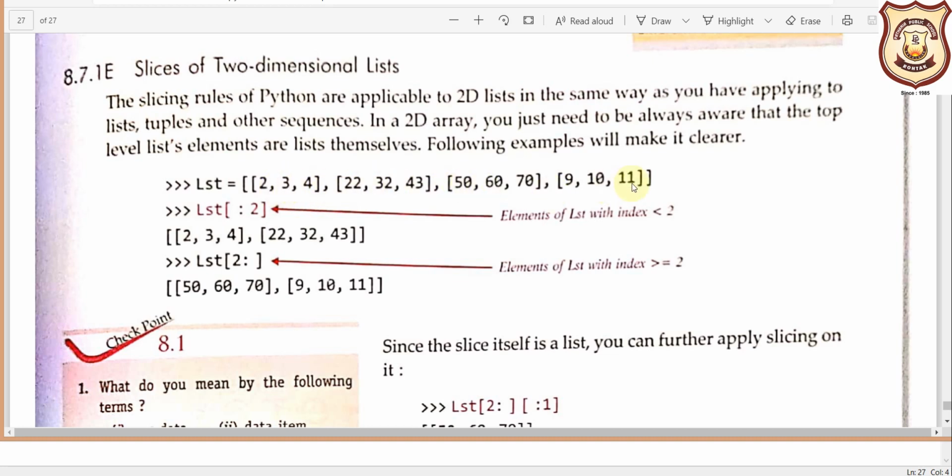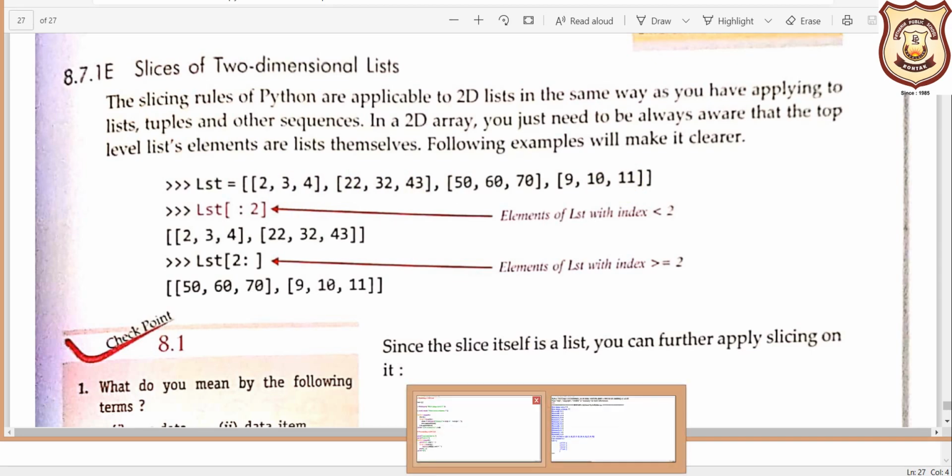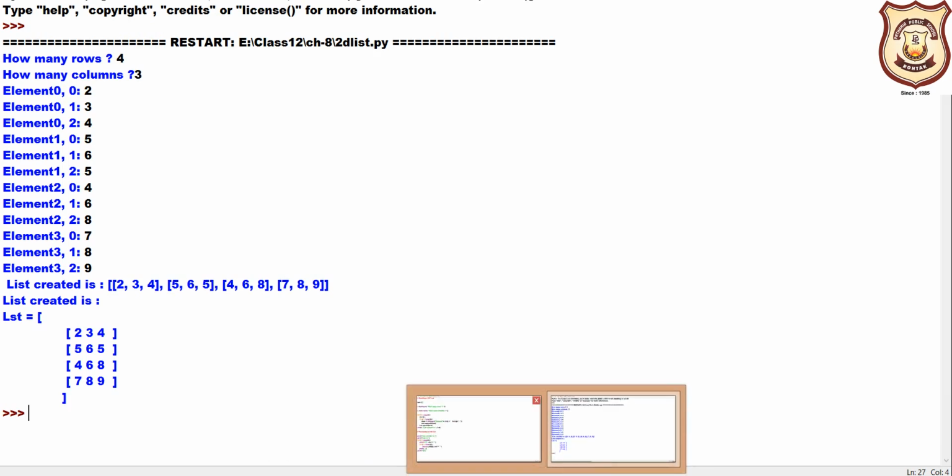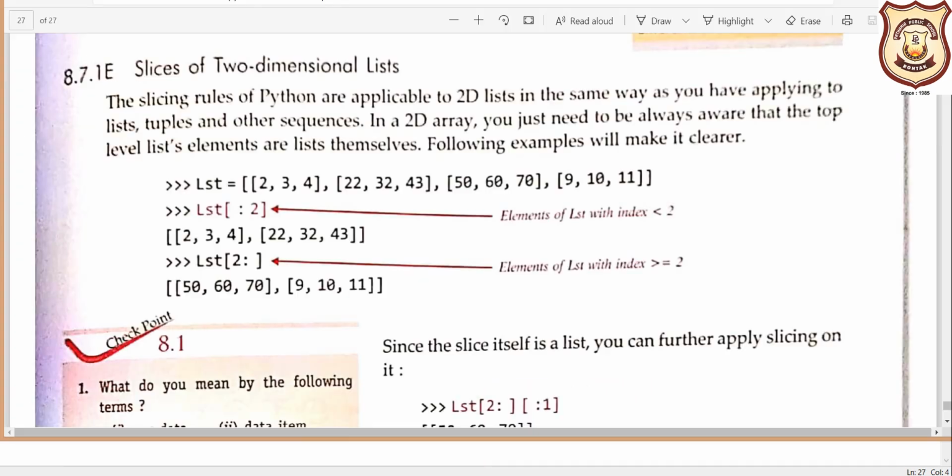Here there are 4 rows. See this, the same I have shown you. The list I have just created is 4 cross 3. I have used this list on the same principle so that we may obtain different outputs. So there are 4 rows, and how many columns in each list? 1, 2 and 3. We have just seen that these lists are stored in the form of rows.